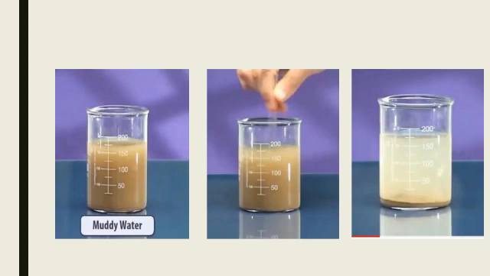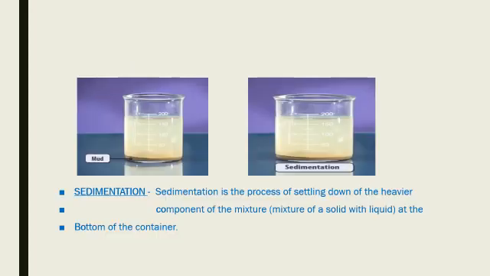Then after, suppose, half an hour, what we will observe is that the mud gets settled down at the bottom of the beaker. This is a very common observation. You must have observed this. When we leave muddy water undisturbed for some time, the mud settles down at the bottom of the container,